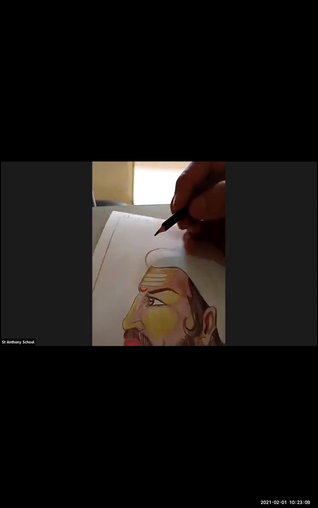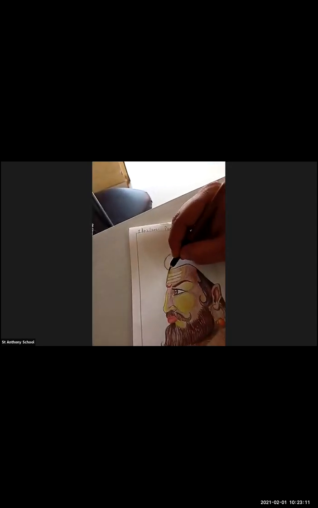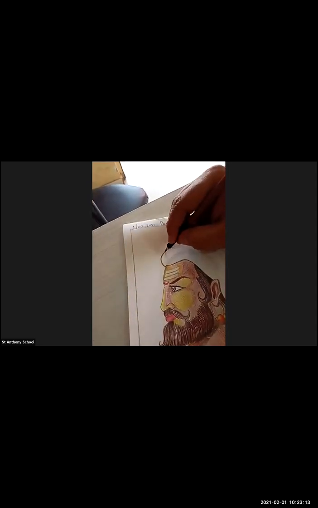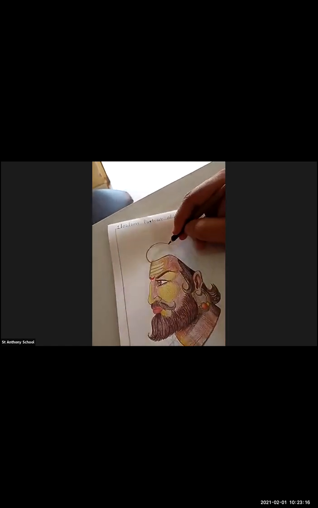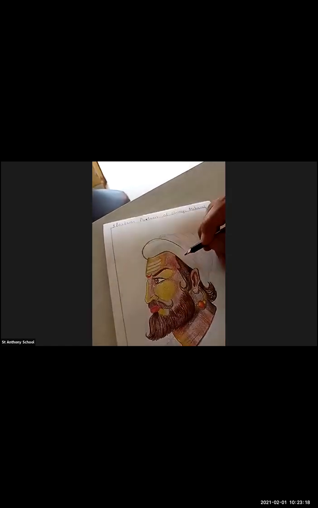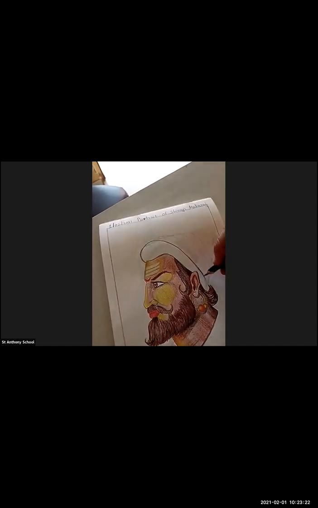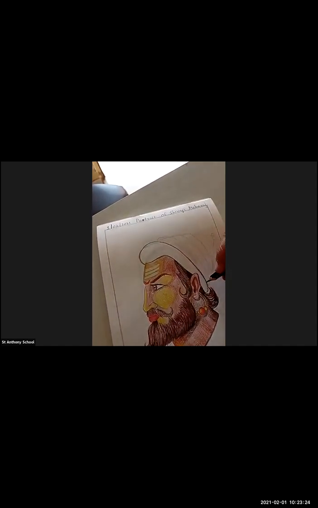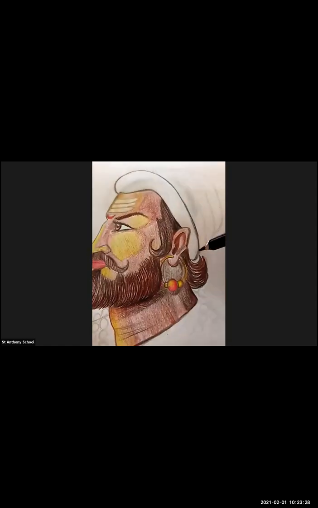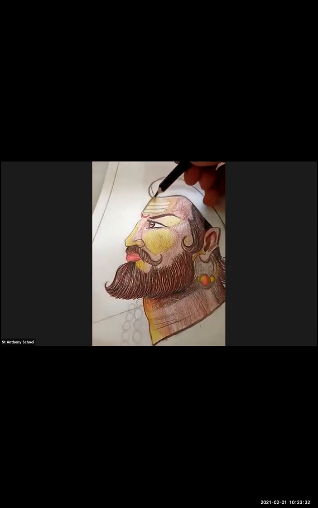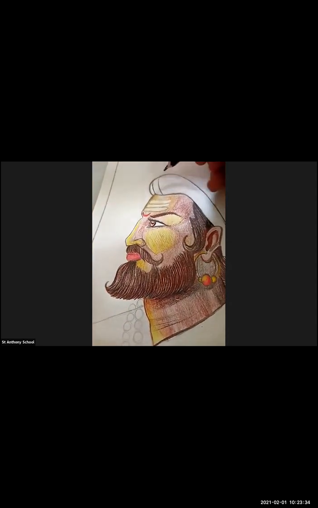Yes. After doing this, we are going to move on to the cap part. So here I'm adding the black outline first. Just look at this. I'm adding this kind of designs in this.